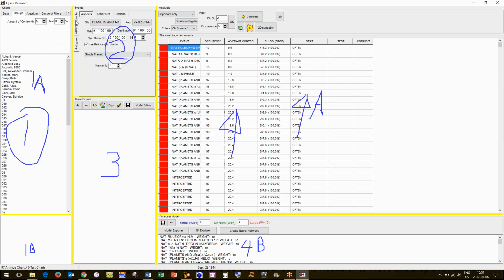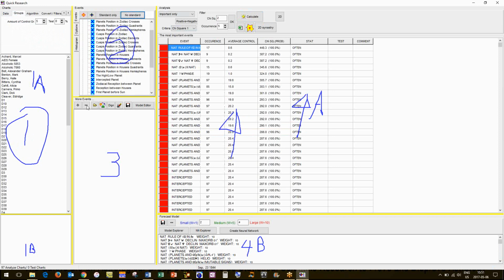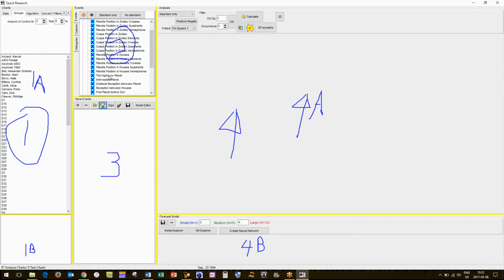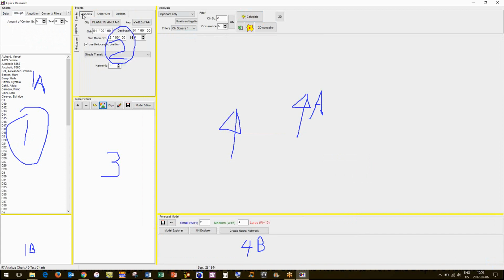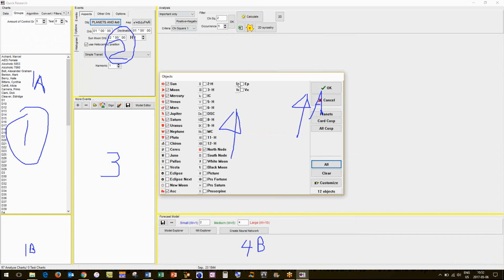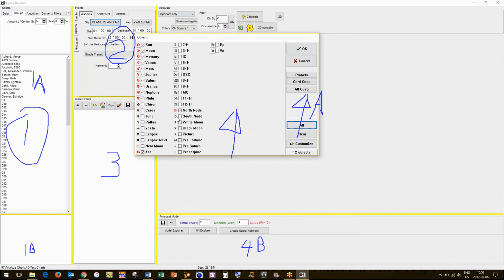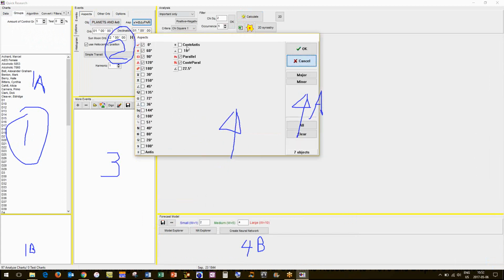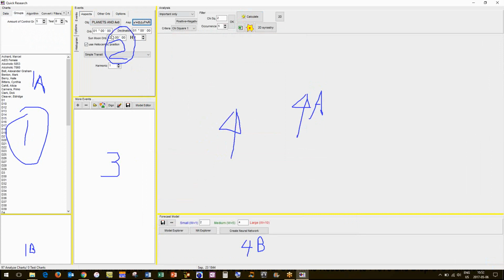So we have different options here. Oh, and then we have the no standard. You can pick no standard when you want to create your own model, and we're going to get to that soon. I just want to go over all the points first. So aspects: you could set your standard objects here, house cusps, ascendant, north node, what kind of aspects you want as your typical ones. You could set your orbs, sun, moon orbs. So I'm going to knock that down to 7.